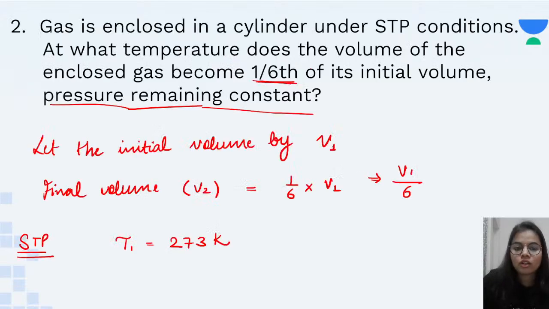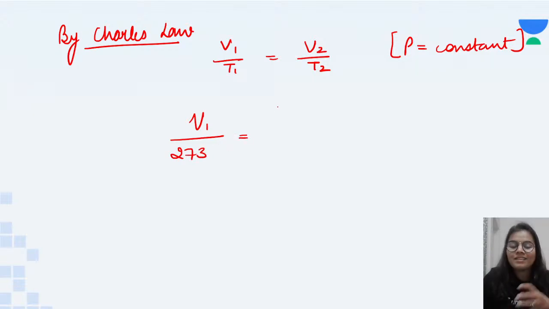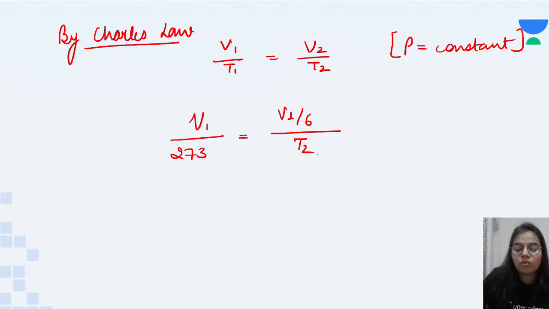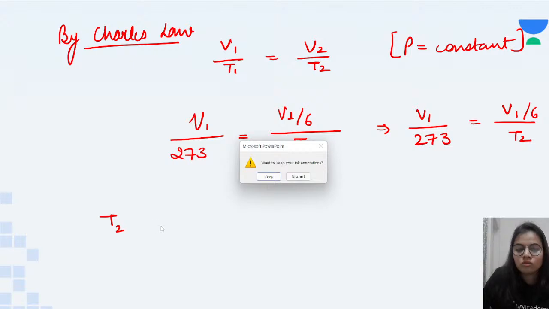Now what is V1 given to us? We have just taken it V1 and temperature 1, it is 273. Now V2 is given 1/6 of initial volume, so that becomes V1 upon 6, and temperature 2, it is what we have to find out. Okay, so this is the thing that we have to find out. Okay, now what we can write? We can write it as V1 upon 273 is equal to V1 upon 6 into T2, and if I transfer it, I will be getting T2 is equal to,